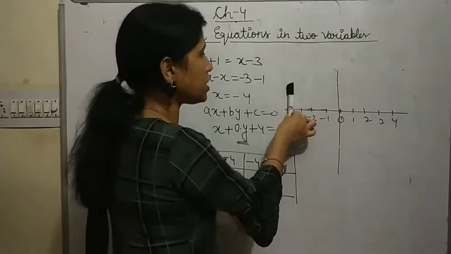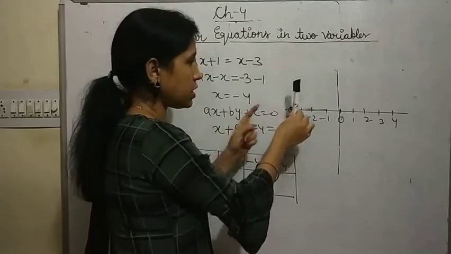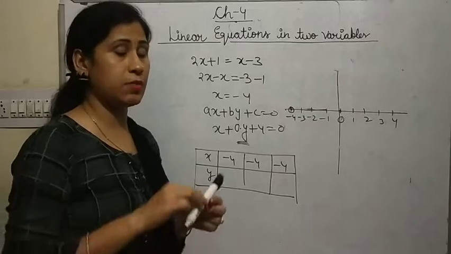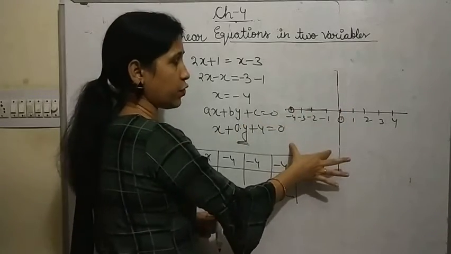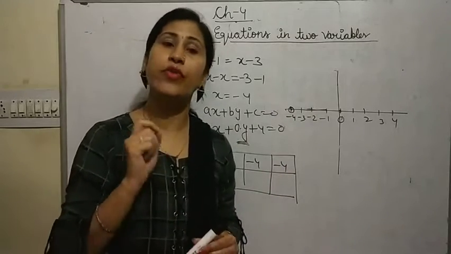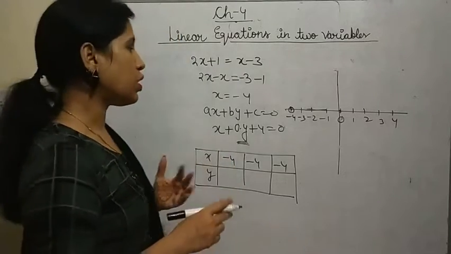And parallel line means here also the distance will be the same and here also the distance will be the same, because one value is fixed. Again I am saying, a parallel line will come. Parallel line means their distance will be the same. So here minus 4, here minus 4. But we are locating coordinates, so obviously we have to find the value of y also. So what will we do?